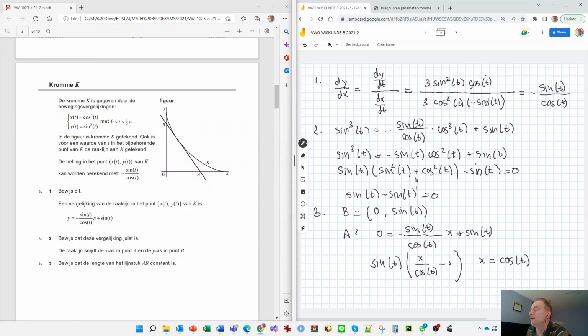Let's look at it. So first, if the sine of t is not equal to 0, we get